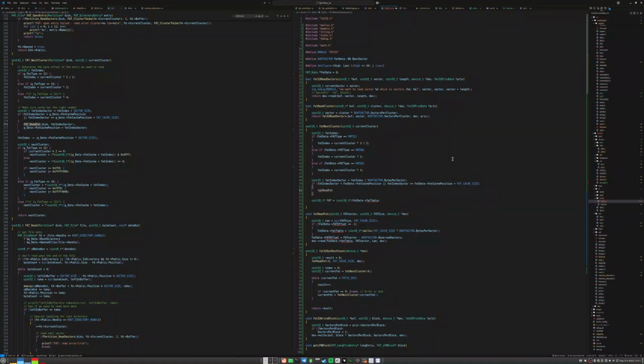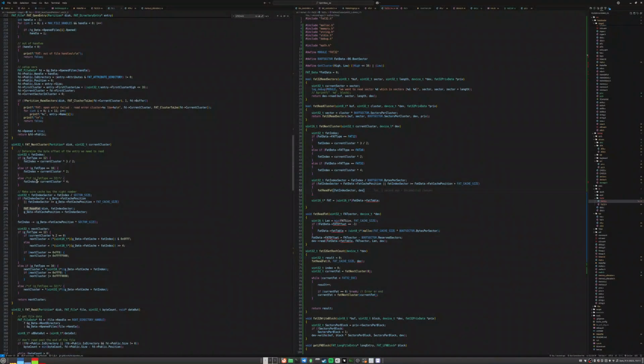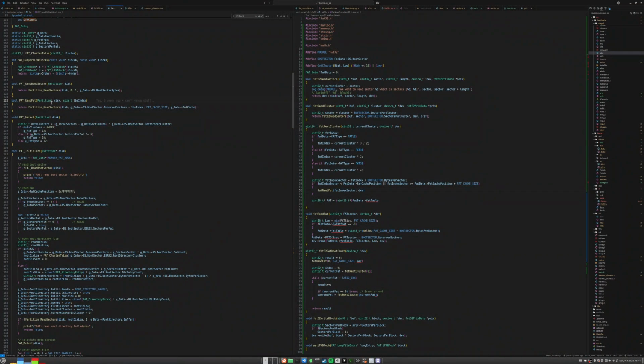Then we'll do a fat read fat with the fat sector, fat index sector, and the size is self-explanatory, and device, which means we also need to get a device in here. Right here. So what this one pretty much just does, well,